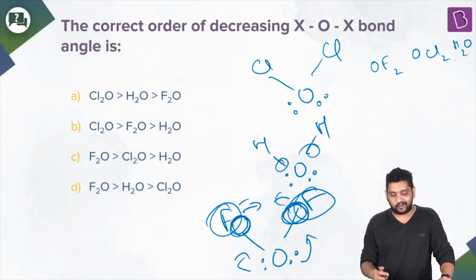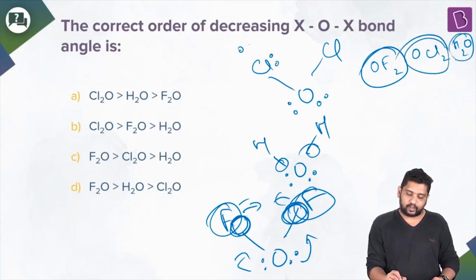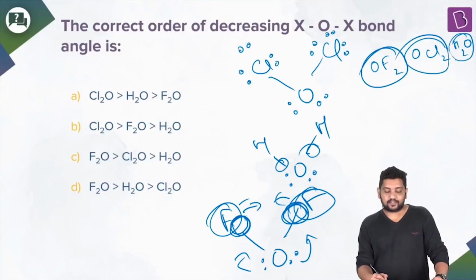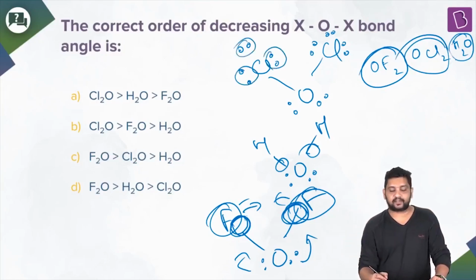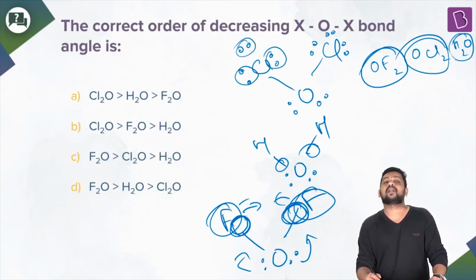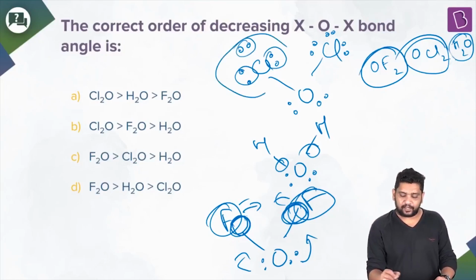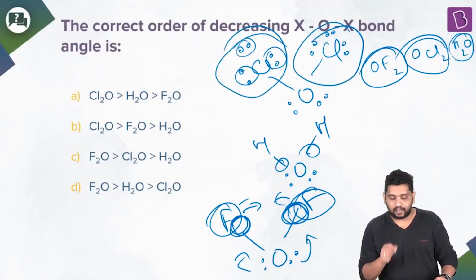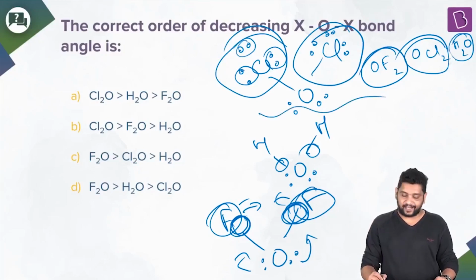But what we observe is not this. What we see is that OF2 of course has the lowest bond angle, then you have your H2O, and then you have your OCl2. The reason being that chlorine is a decently large atom. Two decently large chlorine atoms are attached to oxygen, and they have lone pairs also, right? Chlorine has 3 lone pairs on the atom, so they will be repelling each other. Non-bonding lone pairs in these terminal atoms are repelling each other. It will be difficult to accommodate these two bulky chlorine atoms on the oxygen atom, so its bond angle further increases. What you see is that it comes very close to your 109 degrees, right?